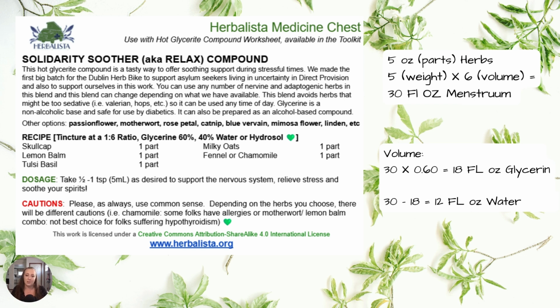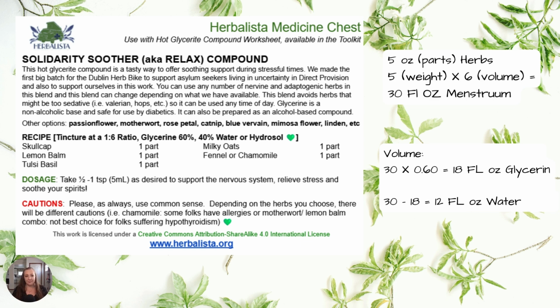water or hydrosol. So if you were wanting, for example, because this one has some other options that we could be adding, we could put passion flower, motherwort, rose petals, catnip, blue vervain, mimosa flower, or linden, just a couple examples. So all you would do is, our weight would then, if you were adding one more, go to 6. So you would want to do 6 weight times 6 volume would give us 36 fluid ounces